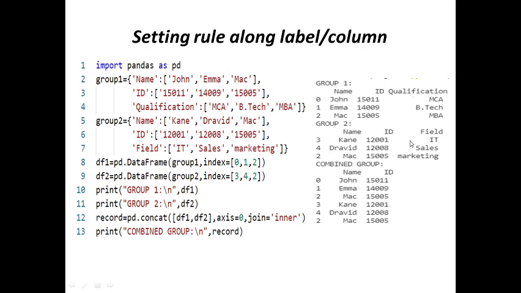In these two data frames, name and ID columns are same. So resultant data frame will be having only these two columns, name and ID, and then index values will be same. So for first 0, 1, 2 and then 3, 4, 2. So here you can see 0, 1, 2, 3, 4, 2 and only two columns are there. So we need to specify axis is equals to 0, and when we pass join equals to inner, that means we are referring common values. So when axis is equals to 0, we are referring common column.